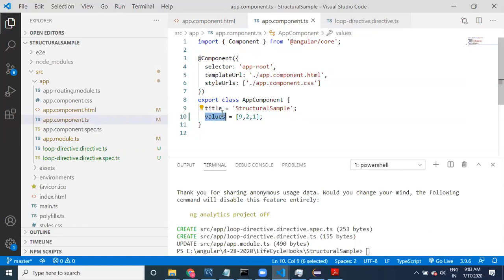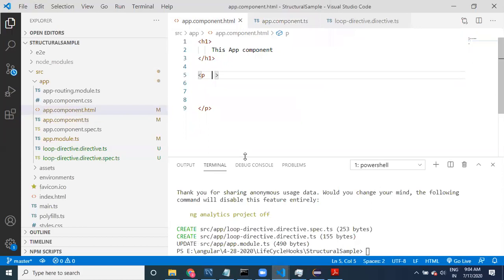While printing, I want to print these values one by one in one paragraph. So 3 values are there, or you can provide multiple values. However many values you have here, that many paragraphs have to be created. For that, because we have used loop many times, I want to tell you how loop works internally.